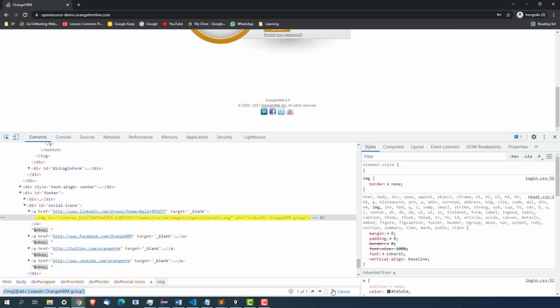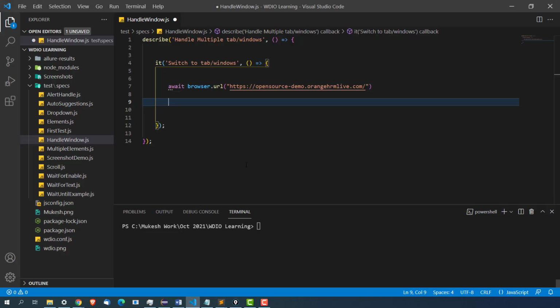So just copy this, it's matching with one node. So again I will use await, and I will use the dollar symbol to find this. So this is my particular web element. Again I have to use one more await so that I can click on it. We have seen this in the past, so we are chaining this, and now I will say dot click.